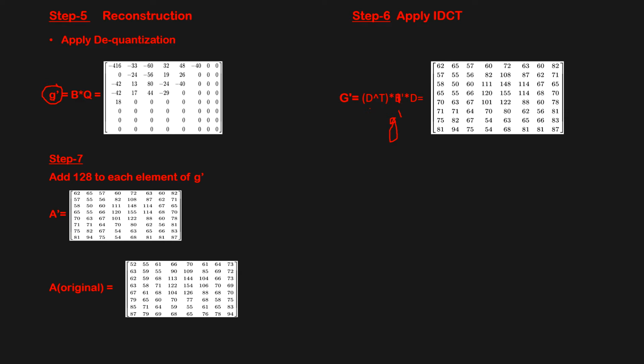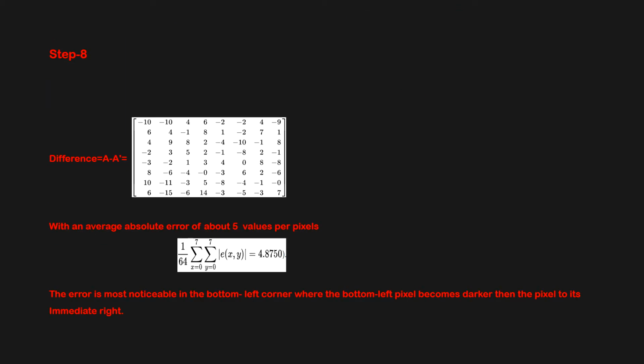After that you subtract, or rather you just reverse all the methods I did in the last process. So here we add 128 to this matrix, then you will get the original matrix. This is the original matrix which was given in the question, and this is the matrix we found after doing all this process. Now compare this matrix with that matrix, how it's different, where the values are decreasing and where increasing.